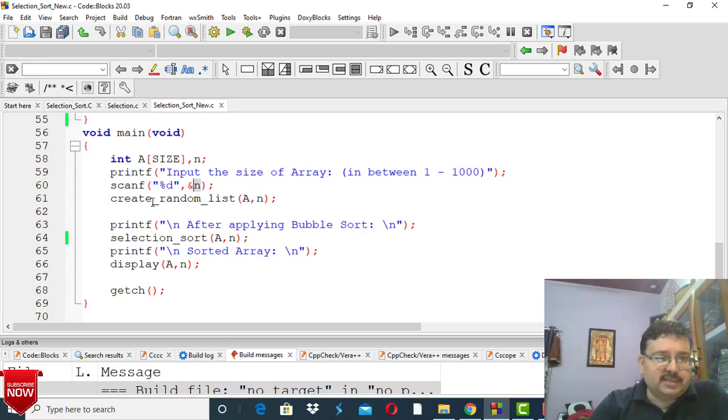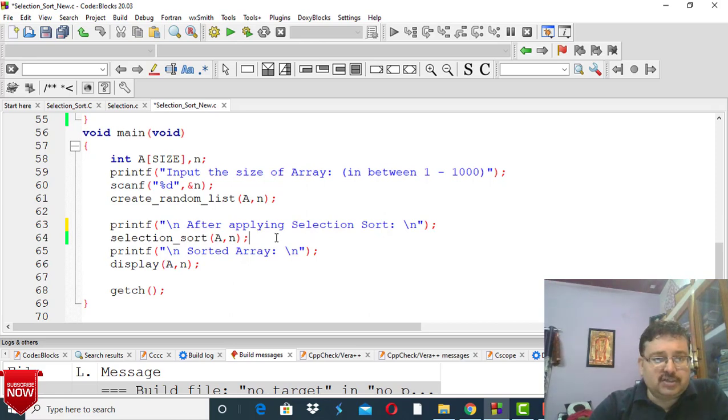Otherwise, whatever your choice. And create random is an already previously used function that will create the random values and save them into the given array. Now, we are going to implement the selection sort, so the rest of things are the same. The create function and display function are the same as we have used in the bubble sort. Clear? So we are just taking the same code, so everything will be very easy. So now we have to work only on selection sort.